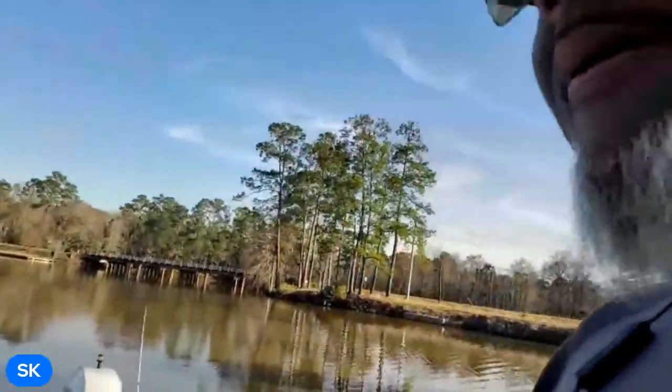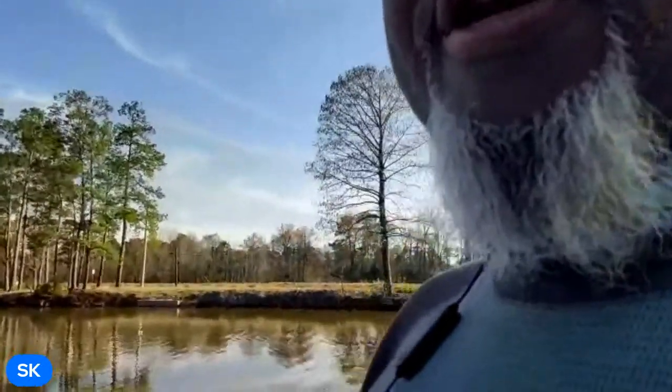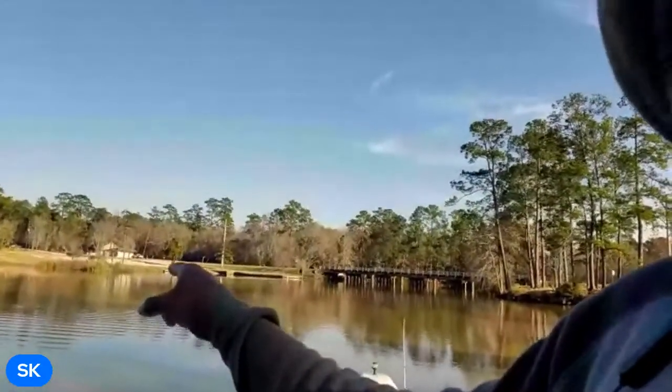I'm gonna give y'all some. That's Ponderosa Bridge right there. Now, I did move so y'all would see my exact location. Let me turn it. Right there, that's Ponderosa Bridge. Right there is the ramp. Like I always tell y'all, you don't even have to crank your boat up a lot of times when you come out on this lake,